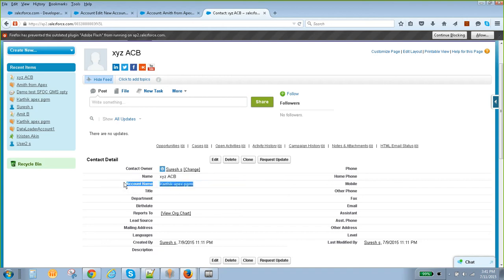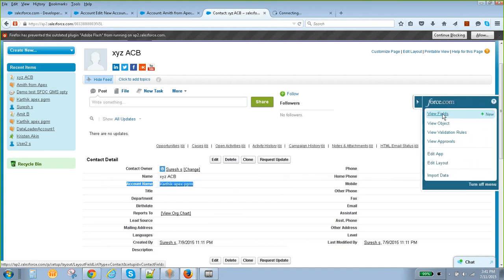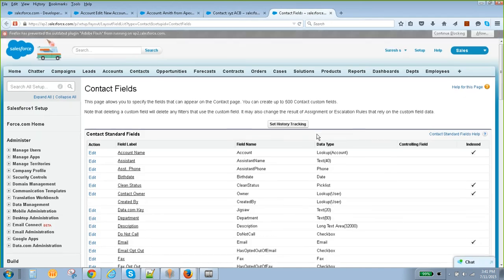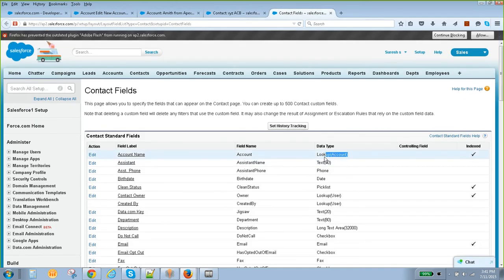So once you create the account, we have to create a contact also. How is it tagged actually? See here, this is a lookup to account based on this field. We have to use this particular account and tag it.